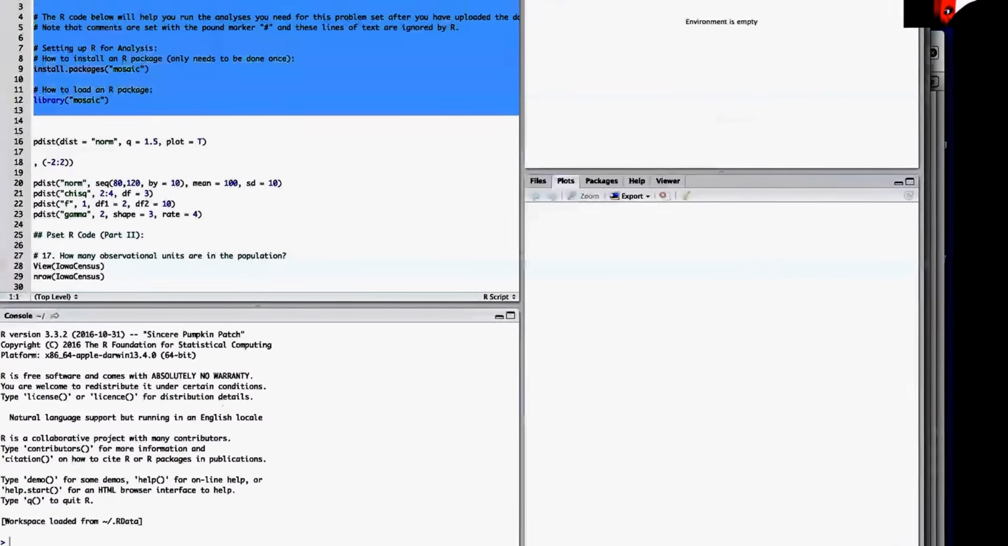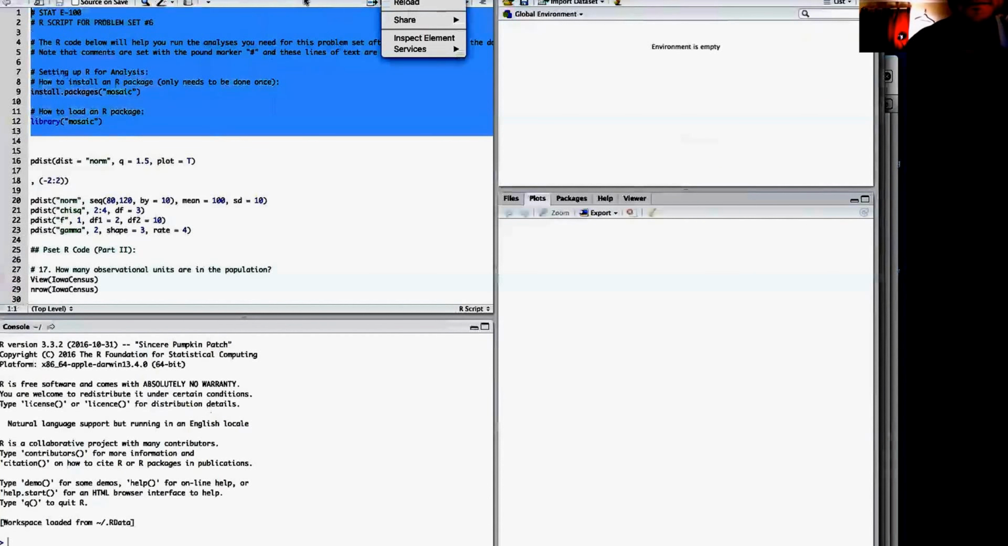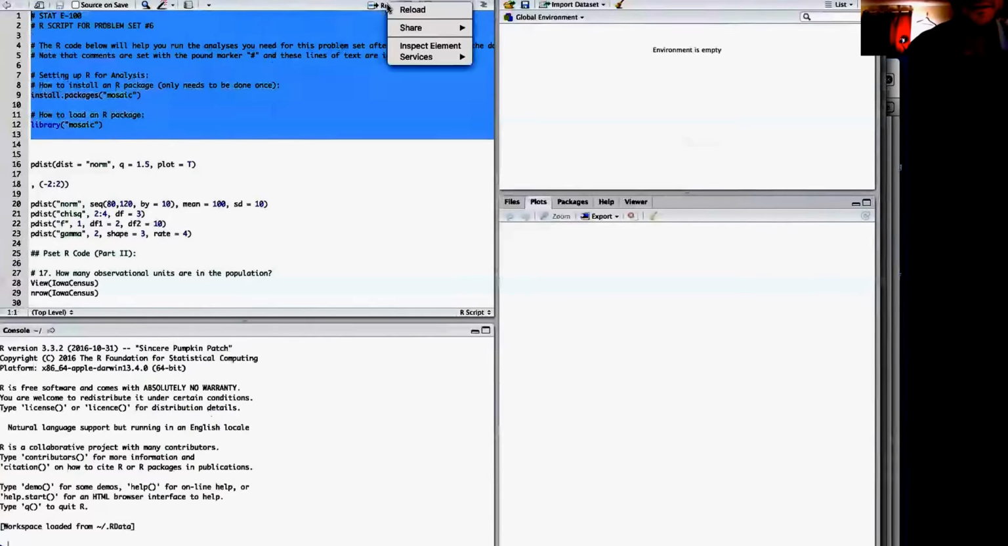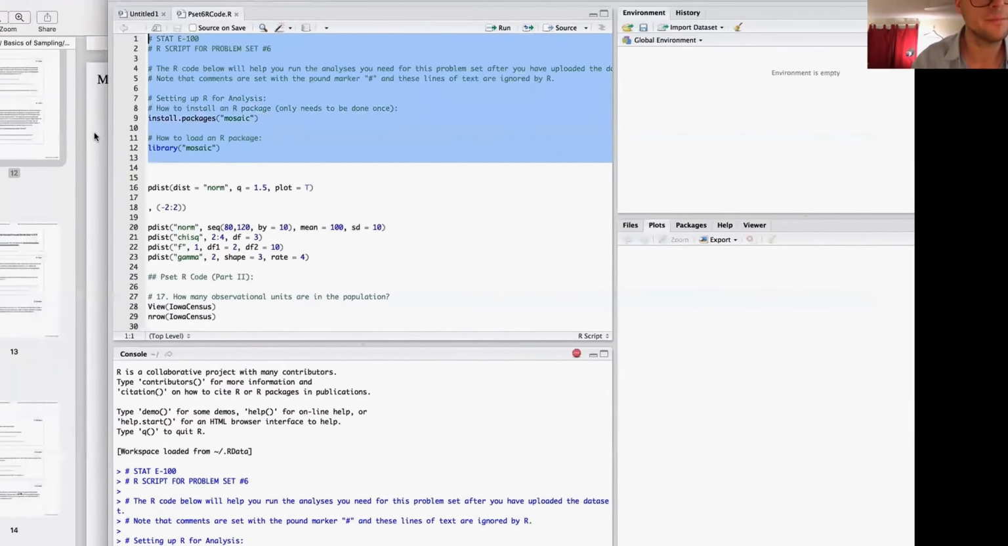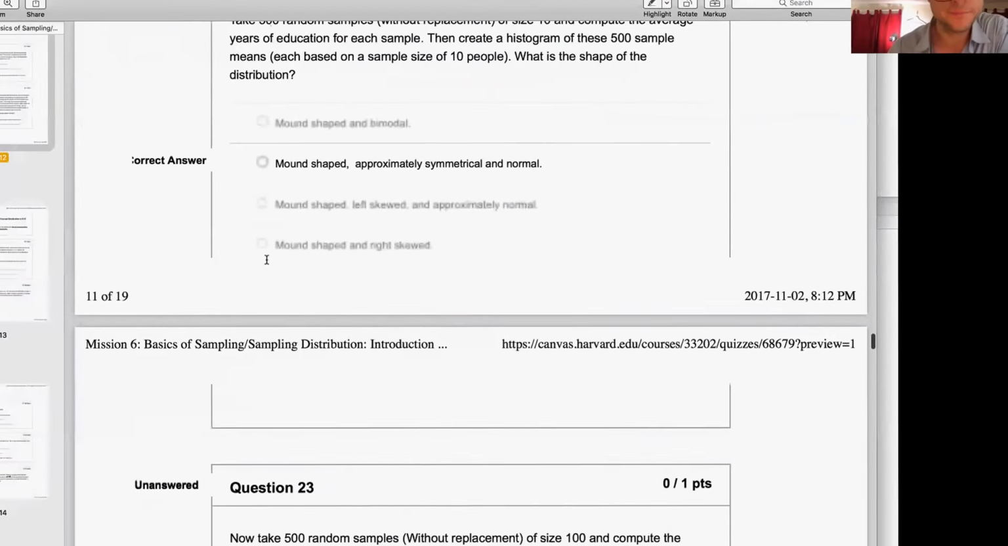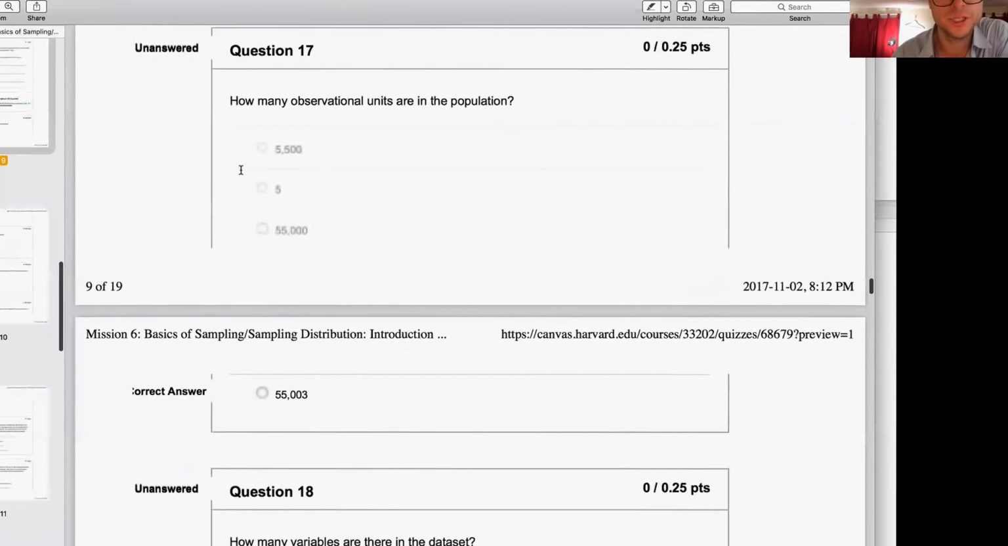I'm going to load our library. So we're going to run the script. Let me move these bars here. Those should not be here. What you should see is the R code. We're just going to load this up, and I think I addressed most of these questions, but I just want to show